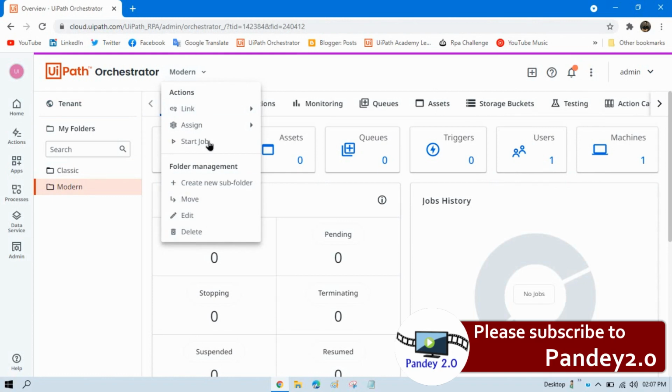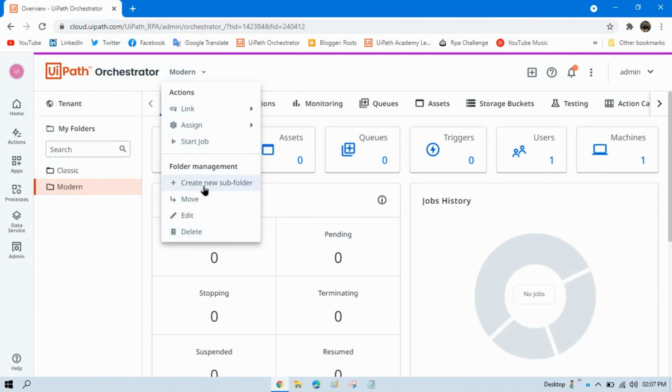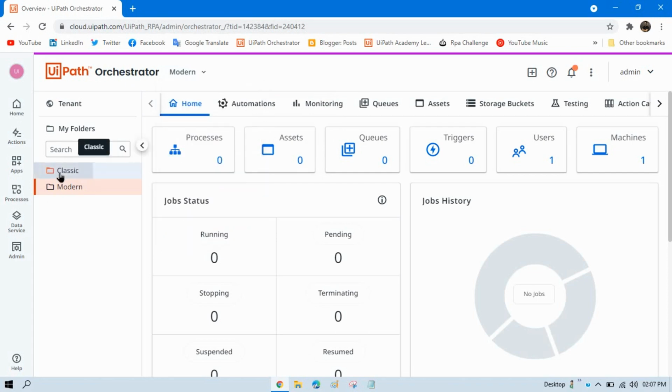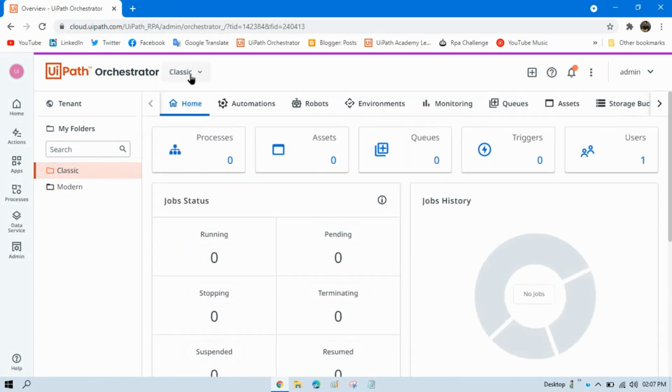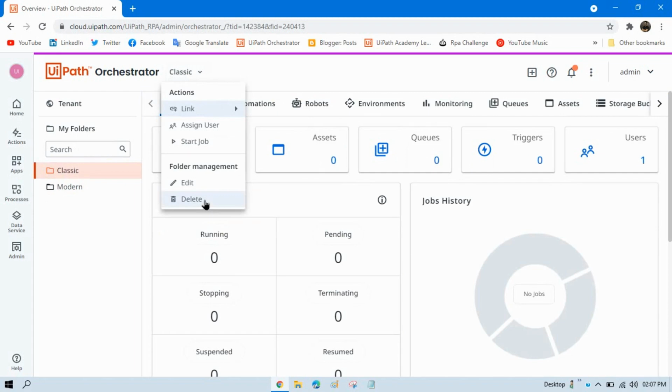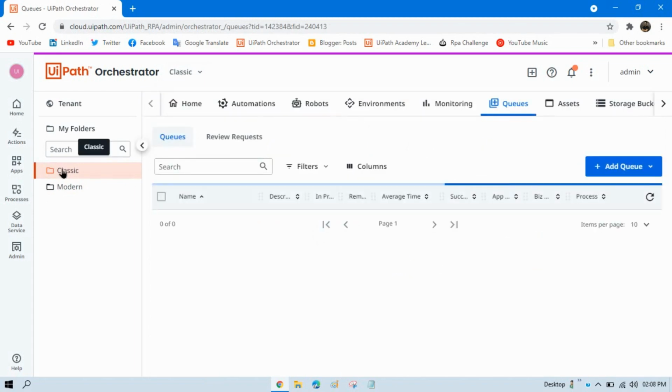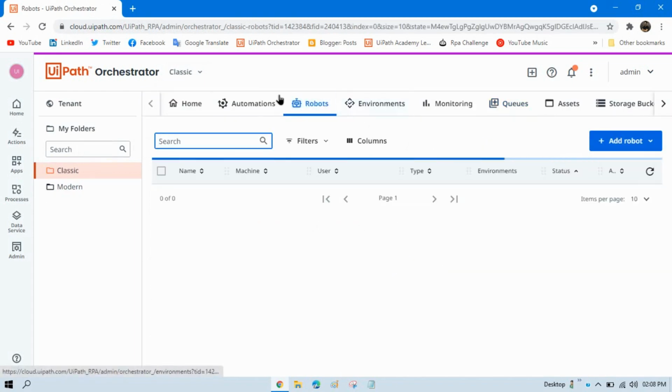In the modern folder, you are getting different things. You are able to create a new subfolder in the modern folder, but in the classic folder you will not be able to. If you see here, click on classic, and you can see you will not be able to create any subfolder. In the classic folder, you will be able to directly add the robots.